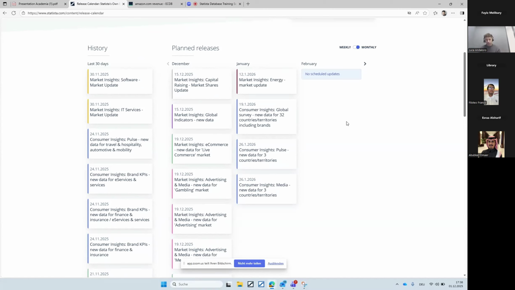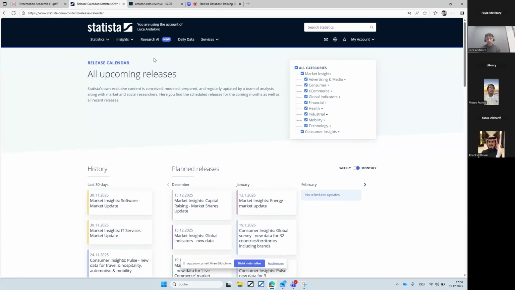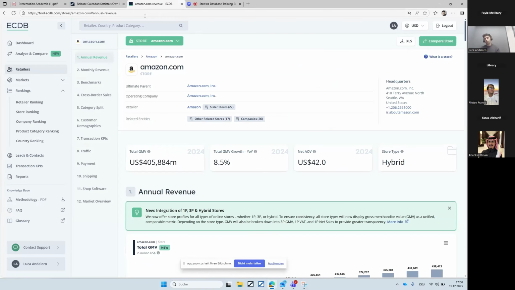So every 6 months. And here you also find the updates within the market insights area. You'll be able to see the consumer insights data updates as well. With the e-commerce insights, that also depends. For example, if we're talking about